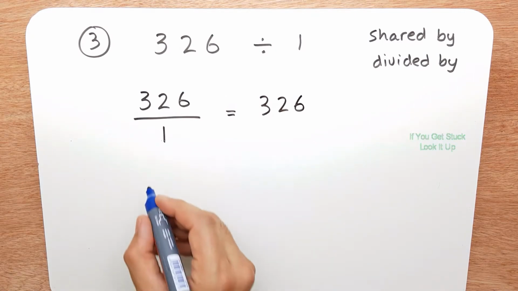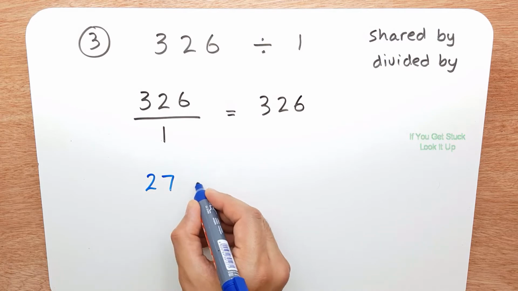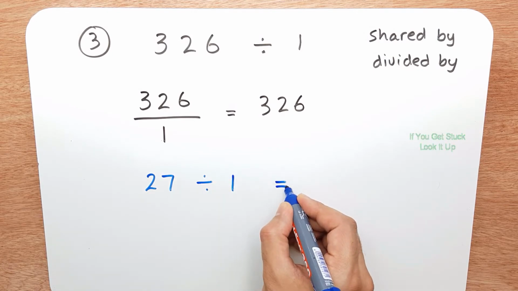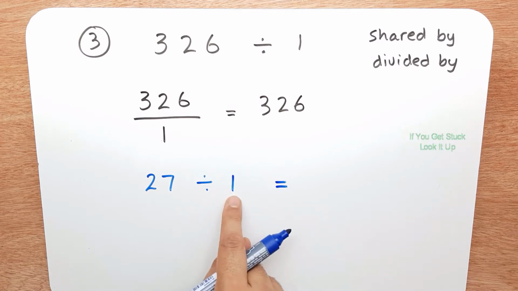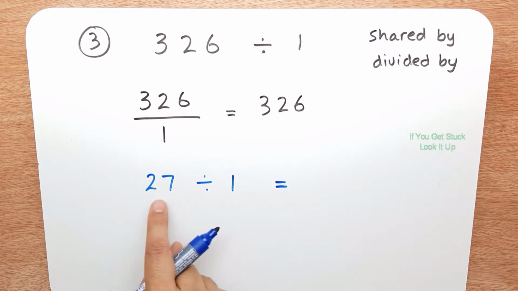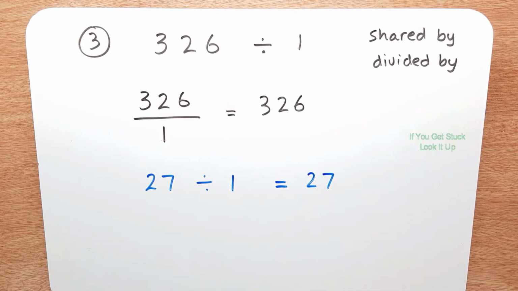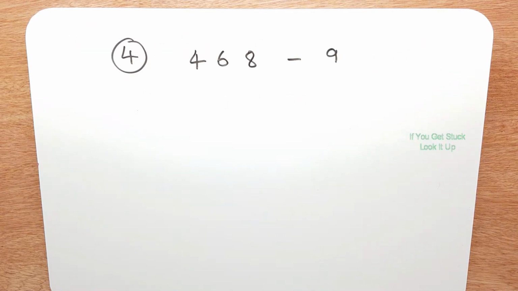Let me just give you one more example. 27 shared by 1 is equal to. Now we're sharing by 1 or dividing by 1, so the answer will always be this number. So the answer is 27. Question 4 is